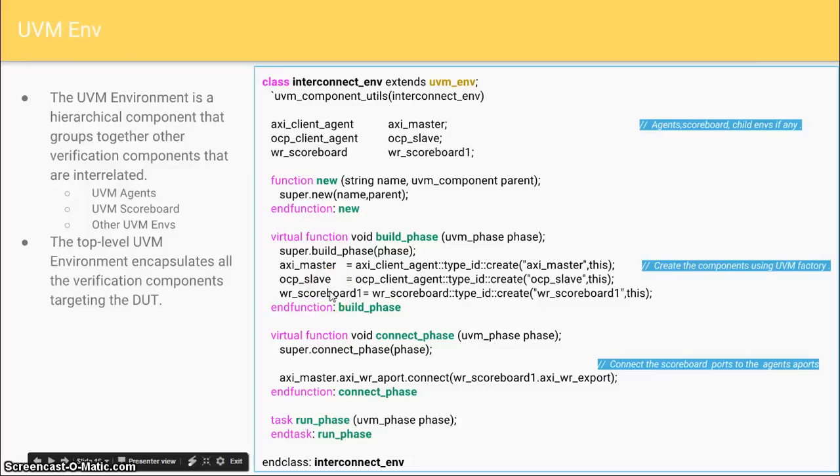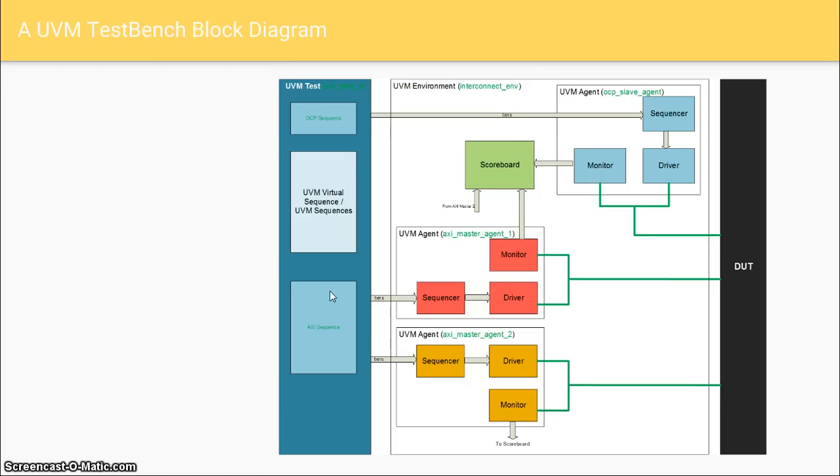The environment class. The environment is a hierarchical component that groups together all the verification components that are interrelated. So there will be multiple agents and scoreboards and other UVM ENVs in the top level UVM ENV. If you remember this figure, there are multiple UVM agents and a single scoreboard in the interconnect ENV. Here I am instantiating an OCP agent and an AXI master agent and a single scoreboard in the following